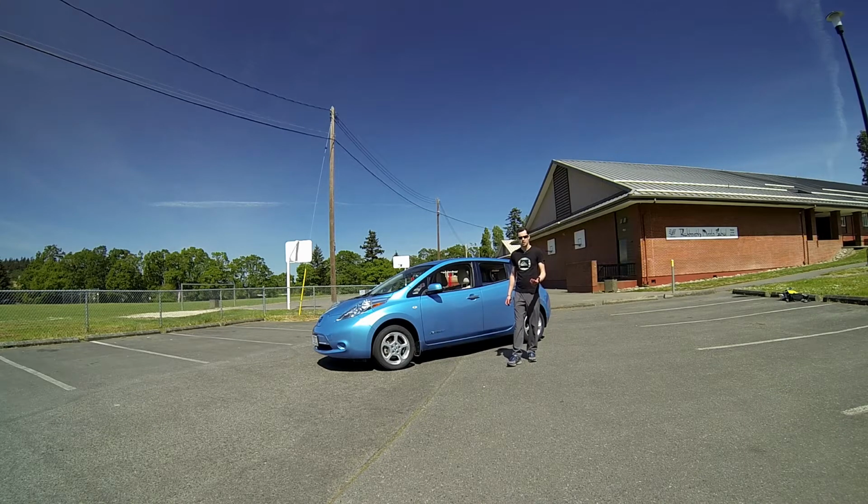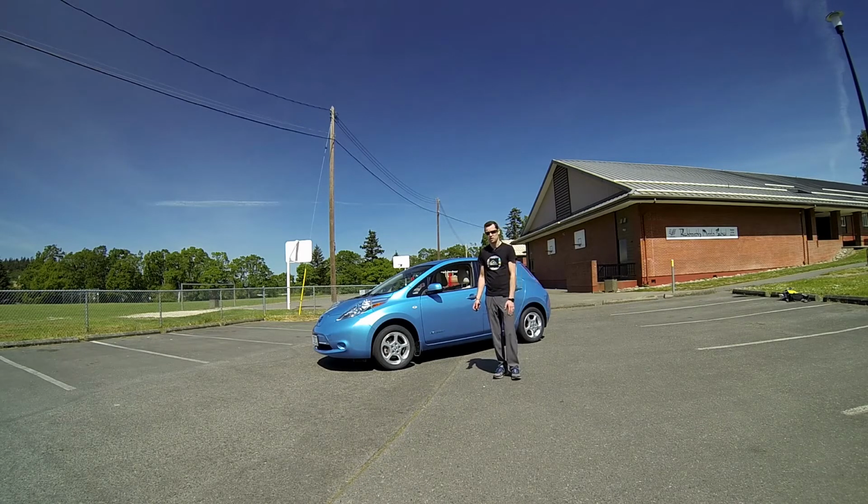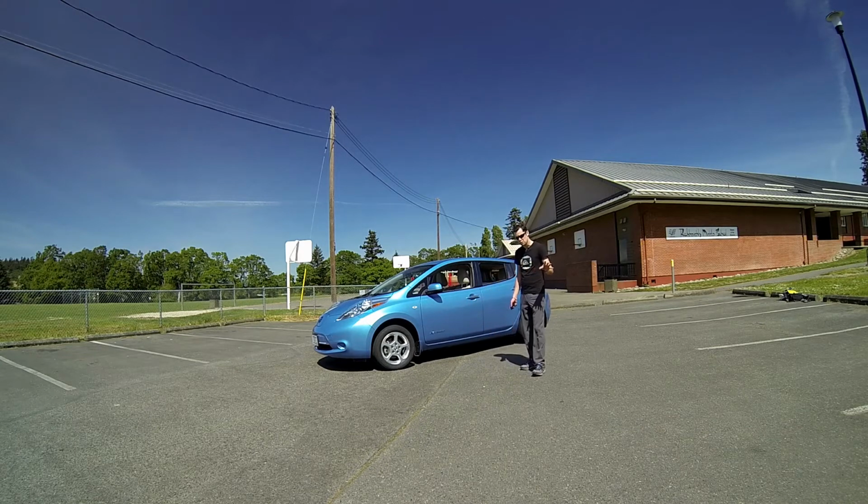Today I'm going to try to create a Nissan Leaf used buyer's guide. The Nissan Leaf can largely be considered one of the best electric vehicles on the market today. It's the best selling in the world. It's been available for basically the longest, and there are a ton of them on the road for you to